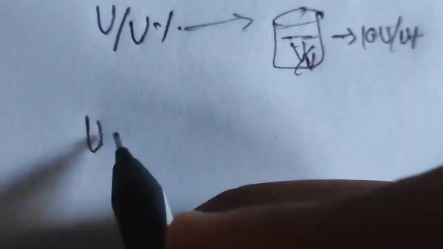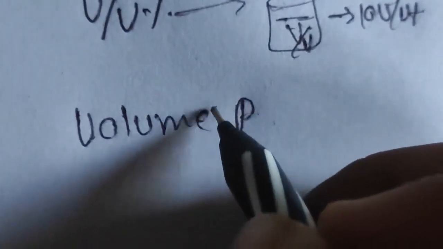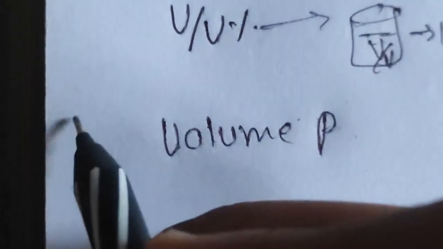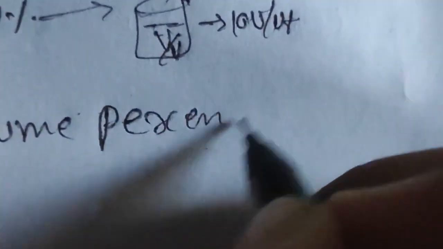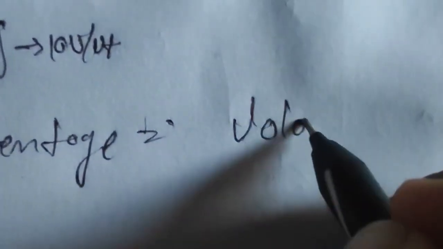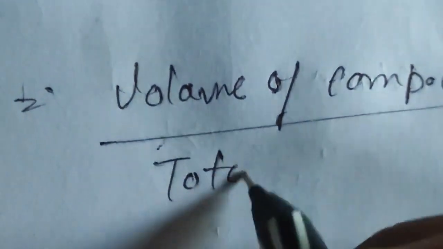The volume percentage, volume by volume percentage, means the volume of a compound for which we want to find the percentage, upon the total volume of solution,